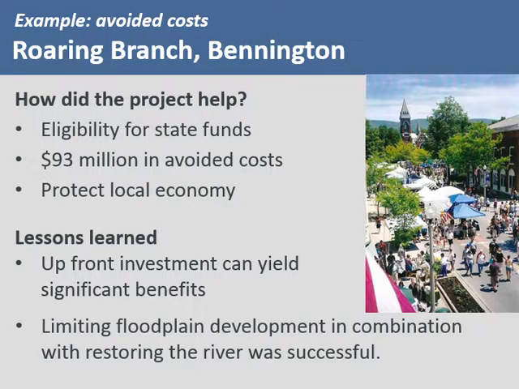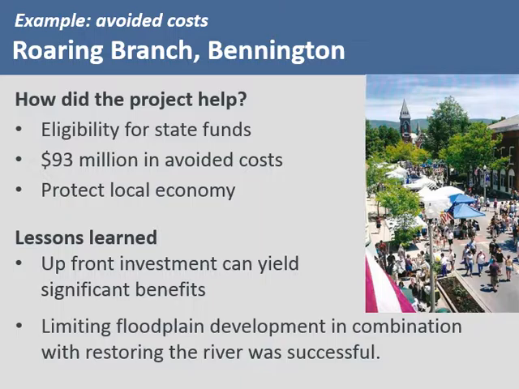What did this project accomplish? By prohibiting development in the floodplain, Bennington was able to access increased funding for the floodplain restoration work. Tropical Storm Irene hit Vermont after these efforts had been completed. Bennington's floodplain restoration efforts slowed down the Roaring Branch's water enough that Bennington's Park Street Bridge and downtown were saved